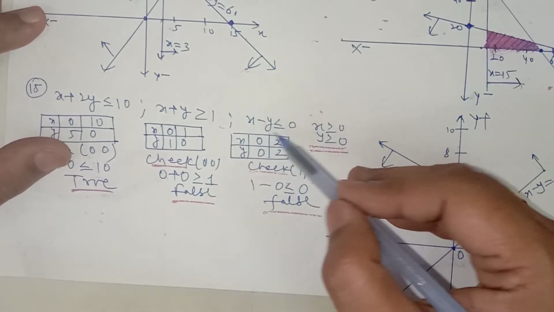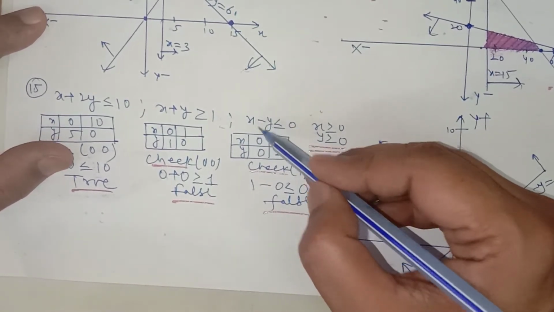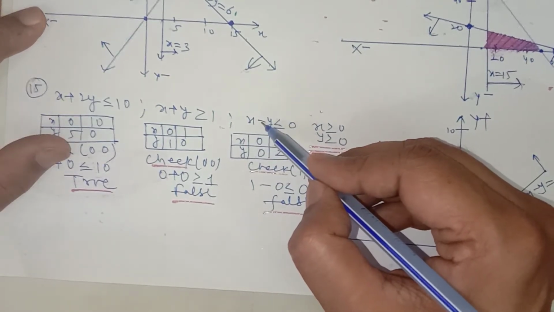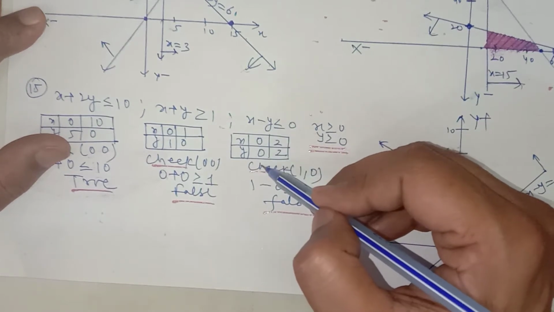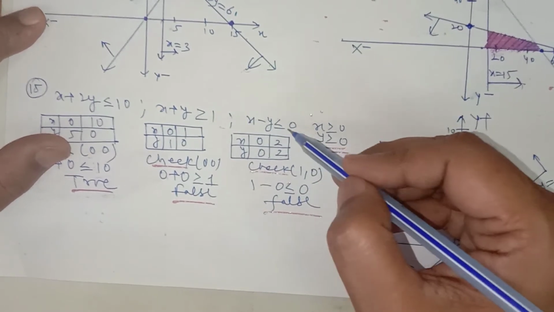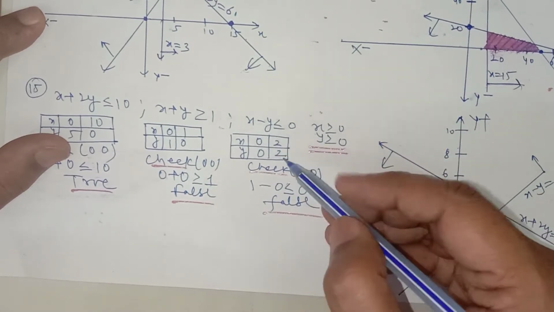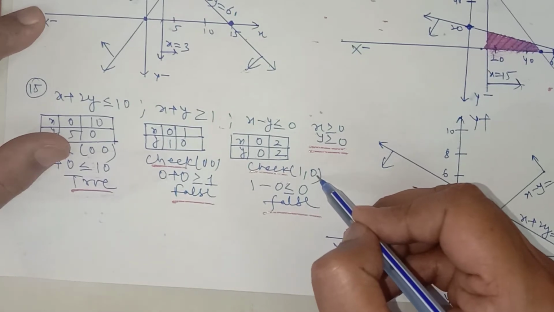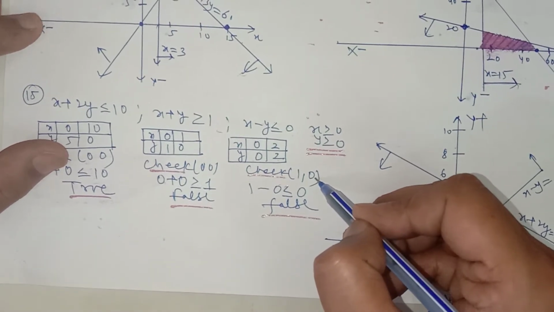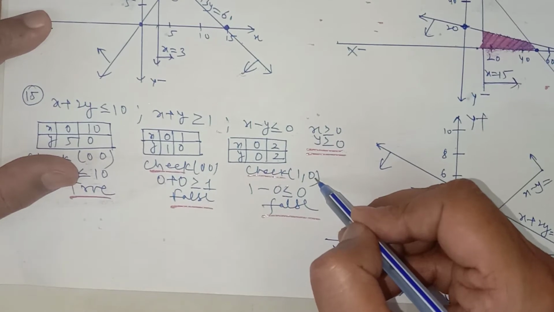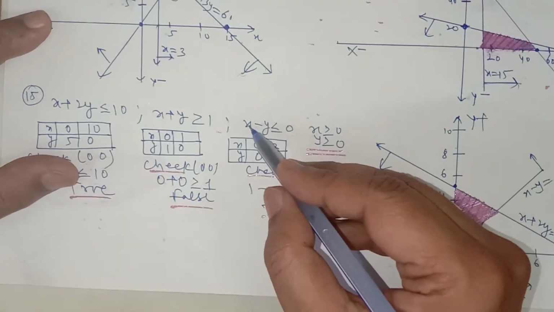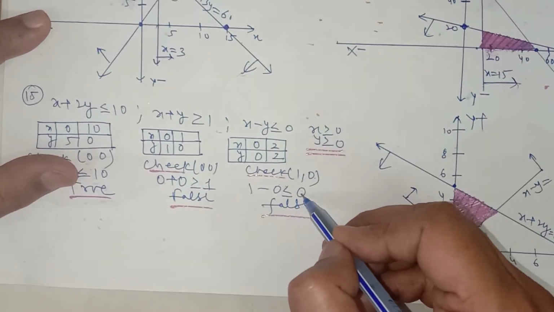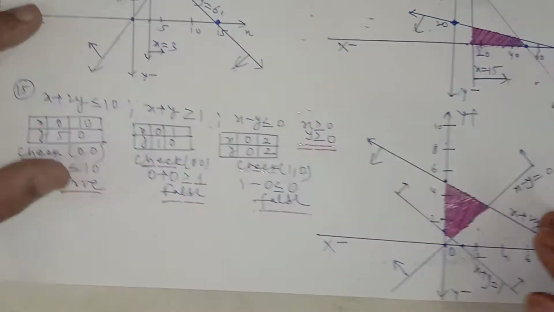Now this line will be passing through the origin, because you can easily find that if we put x equal to 0, y will also be 0. So it means this line will be passing through the origin. Now take another solution other than (0, 0). I have taken y as 2, then x will be equal to 2. And check whether (1, 0) is a solution of this or not, as I already did in the last question also. If the graph is passing through the origin, then you have to check whether (1, 0) is the solution of this equation or not. So x = 1, y = 0, so 1 minus 0 less than or equal to 0 is false, because 1 cannot be less than 0.